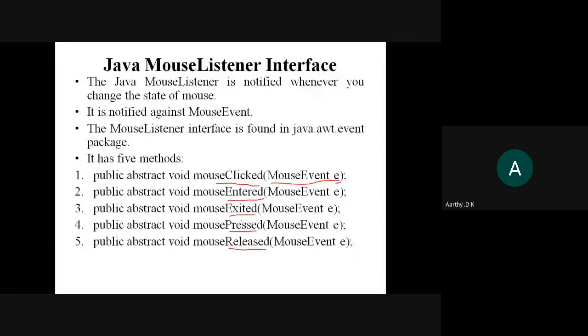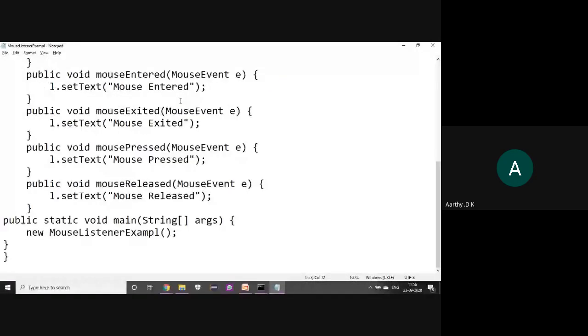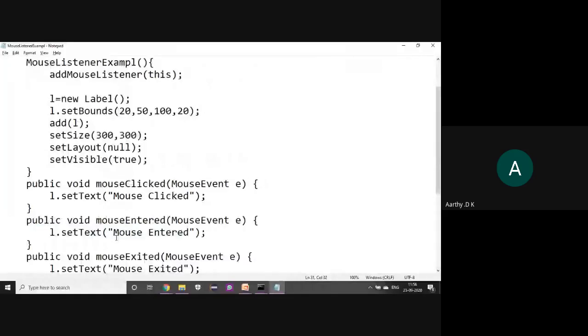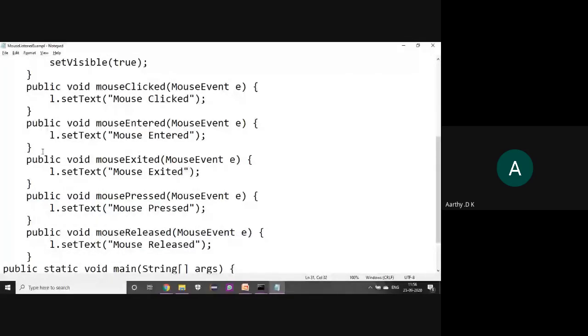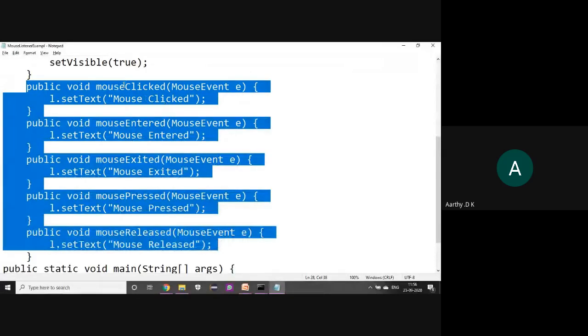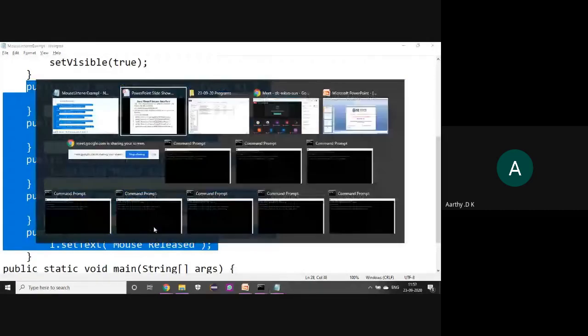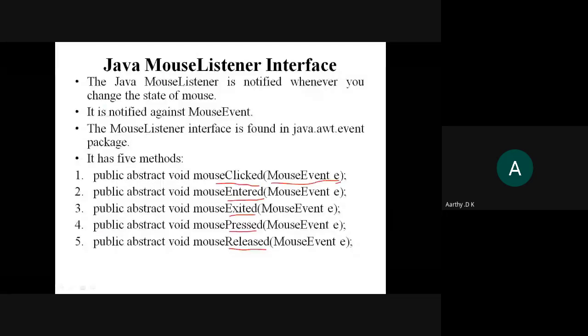So that is the introduction, and then you call the constructor. Why we are calling the constructor is we need some entry point where your listener starts beginning the execution, right? Inside the constructor, we have given all these five methods. When the mouse is clicked, what happens? When the mouse is entering into the screen, what happens? When the mouse exits the screen, when the mouse is pressed, when the mouse is released. These are the different five methods that we have seen, right?